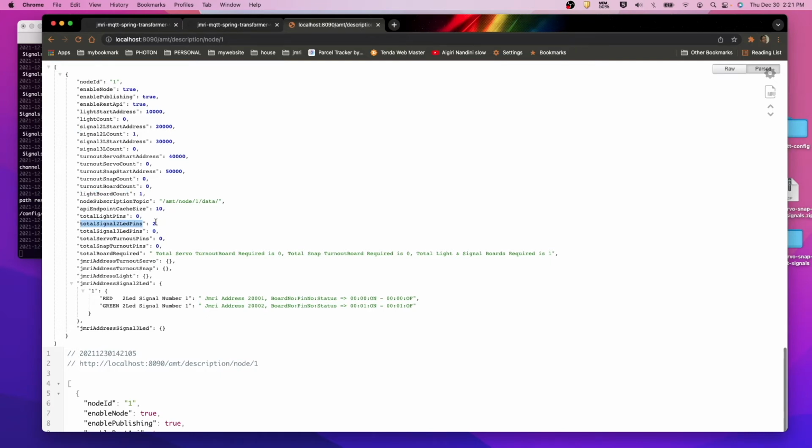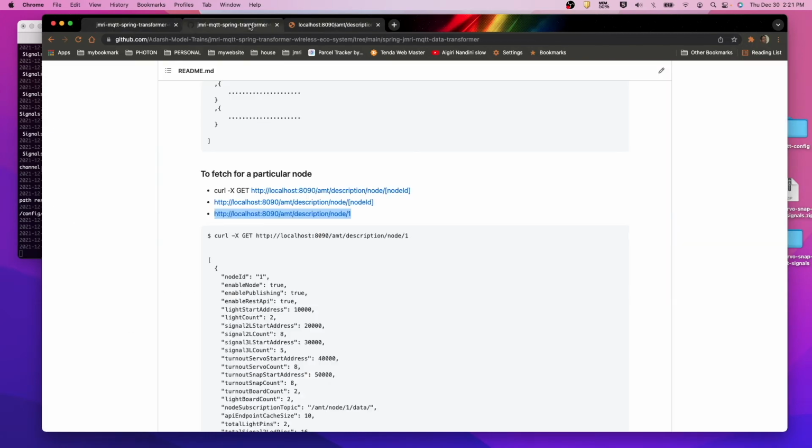Total number of signal pins we need 2. It mentions servo turnout board required 0, snap turnout board required 0, light and signal board required is 1. Here you can see red and green. So JMRI address 20001 and 20002: for red, board number 0, pin number 0, on status, and board number 0, pin number 0, off status. For green, 20002, board number 0, pin number 1, on status, and board number 0, pin number 1, it will send the off signal. So our configuration is also correct here now.